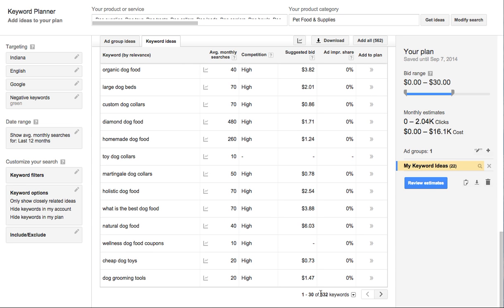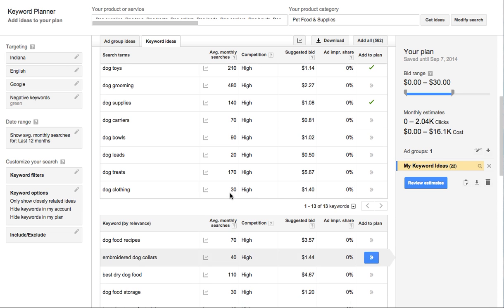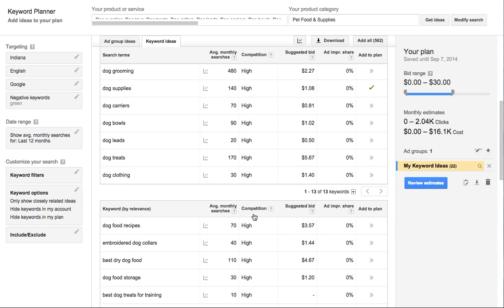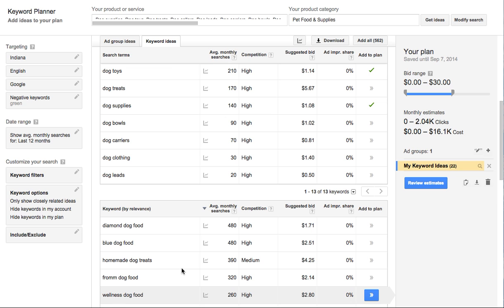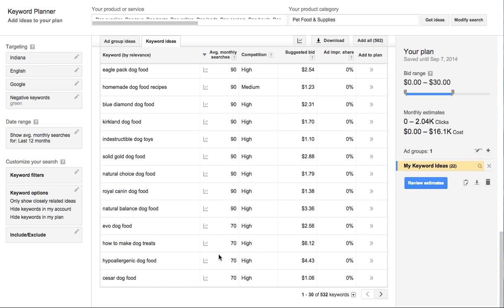Now, if you're like this, you may have several other pages to go through. And if you do, that's okay. You just got to do your due diligence so you don't miss a diamond in the rough here with keywords. One thing that's probably going to be pretty helpful for you is to click on this heading called Average Monthly Searches. Then it's going to order all those from the most popular on down. Because once you get to a point where there's only,